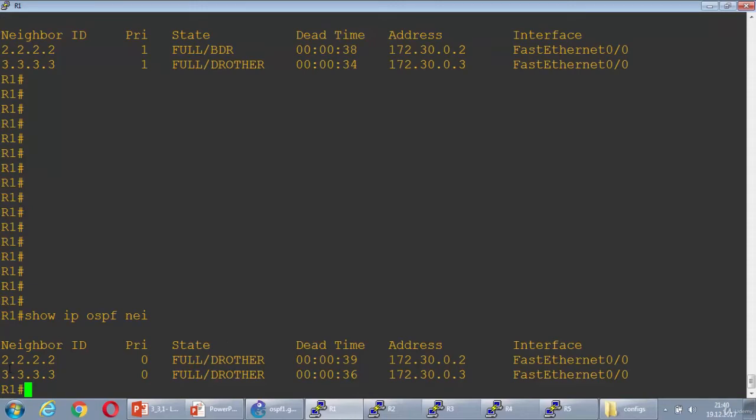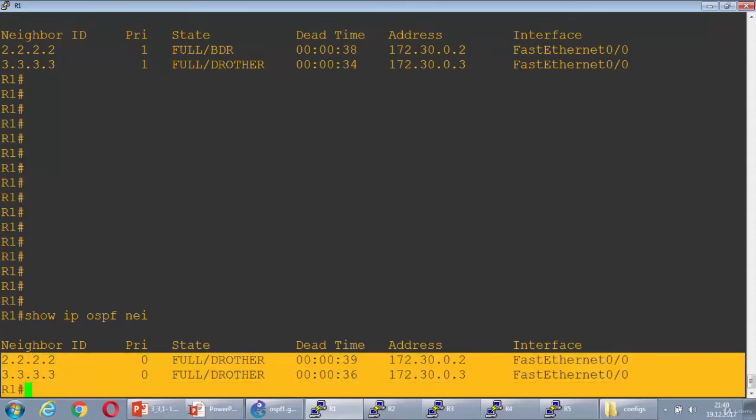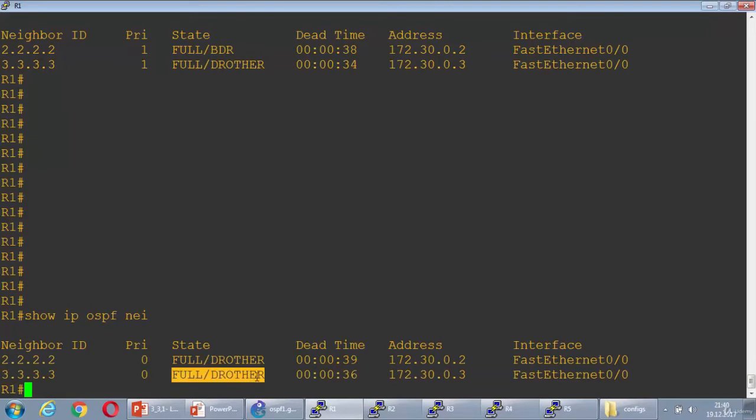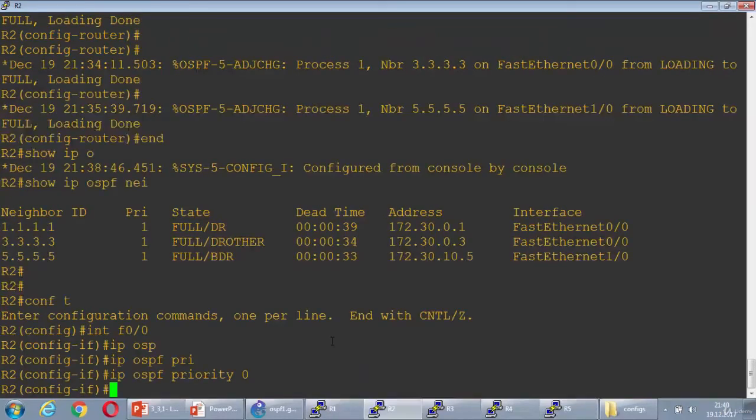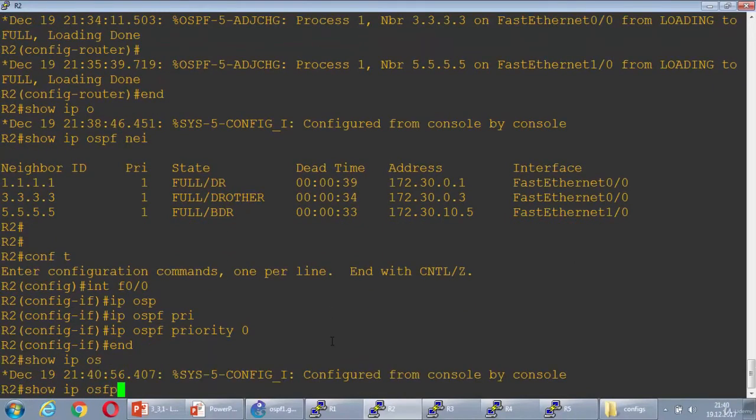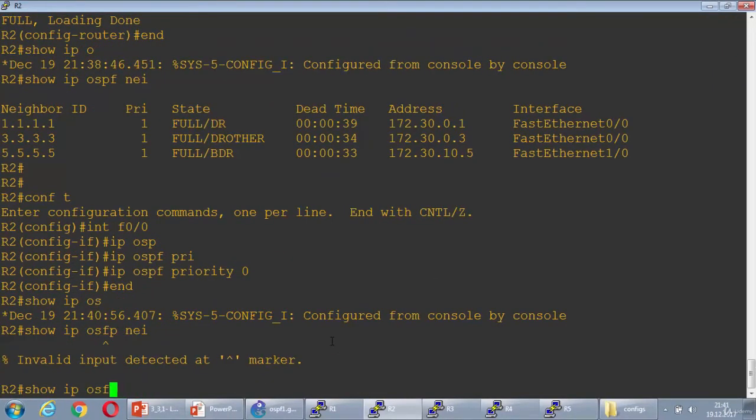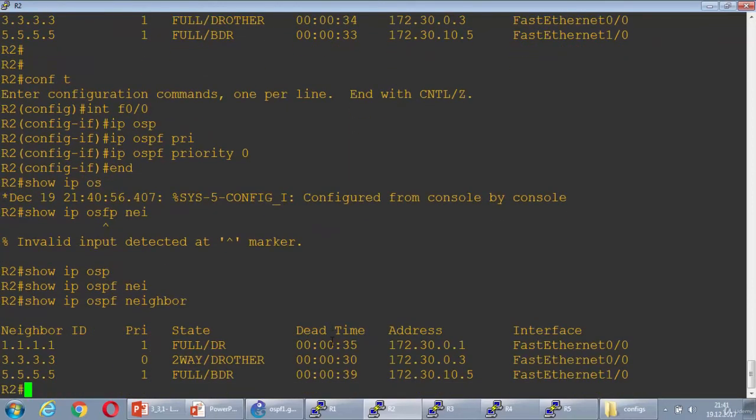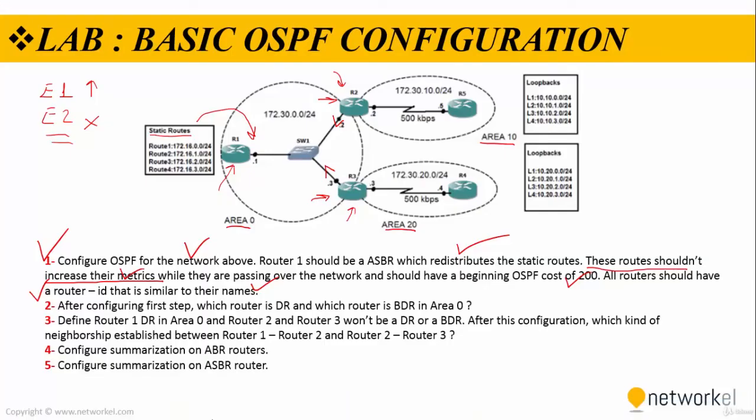Okay. Both of these guys, 2 and 3, are DR Other right now, which means it is not a DR or BDR. But as you can see in here, router 1 is still DR. We accomplished this step 2, but we are gonna check after the configuration which kind of neighborship established